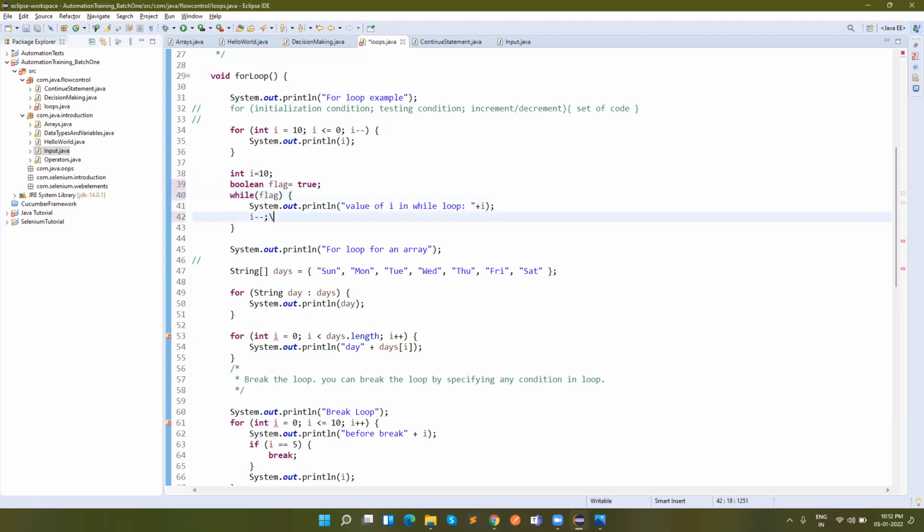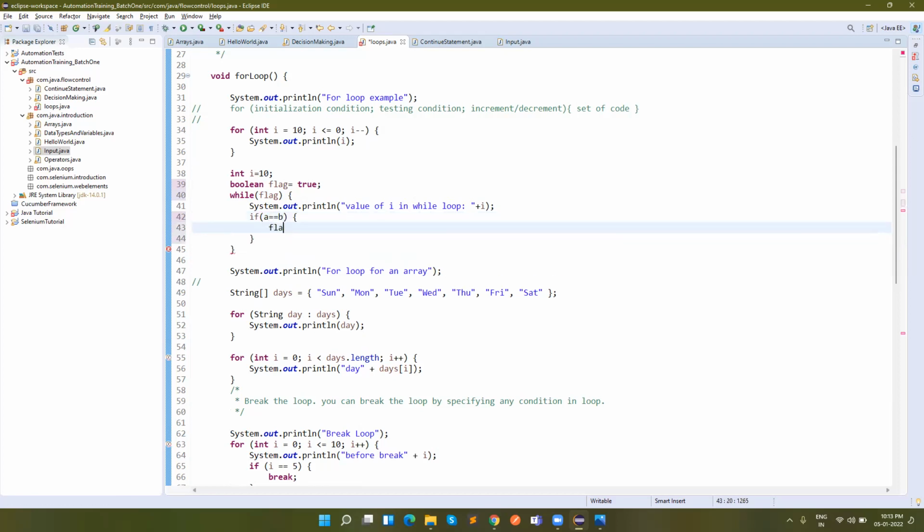And here I am writing some condition: if A is equal to B, then set flag is equal to false.